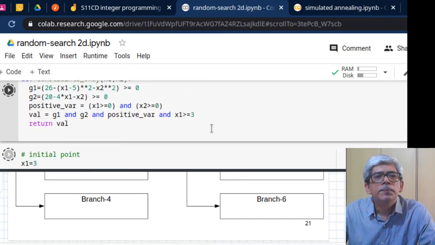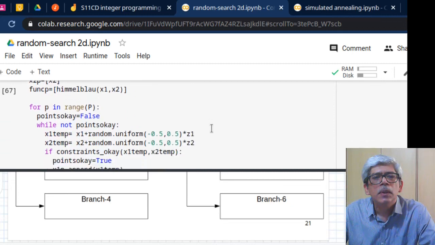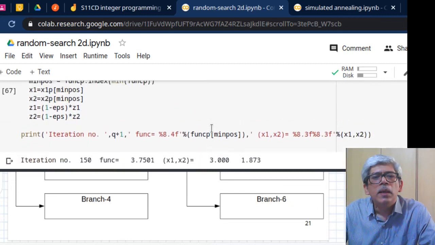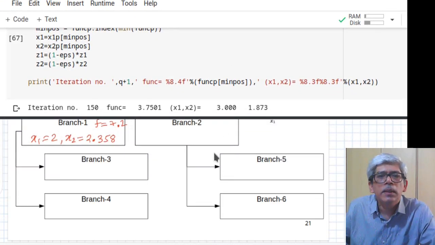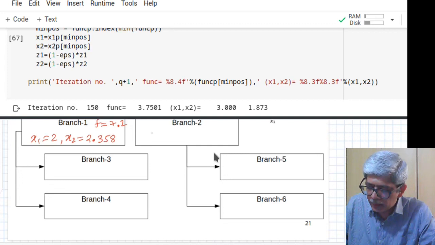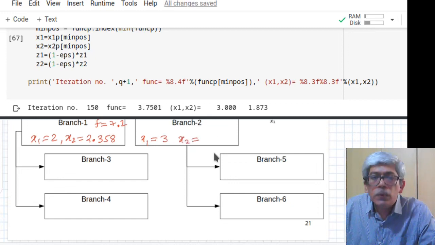Take a run, and now I can write down the solution: x1 equal to 3, x2 equal to 1.873, and the function value is 3.75.